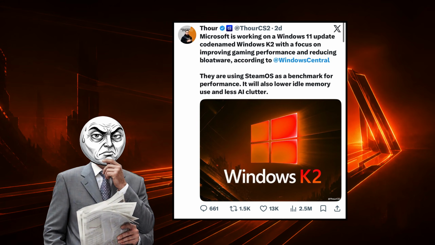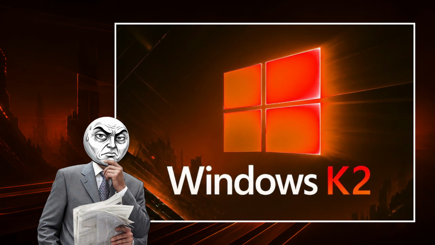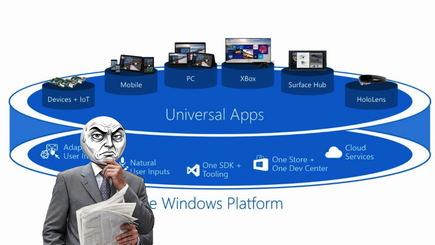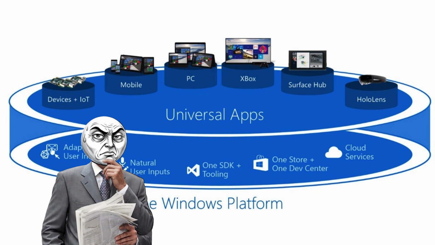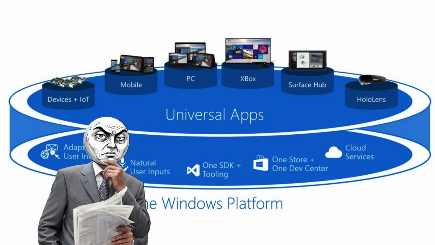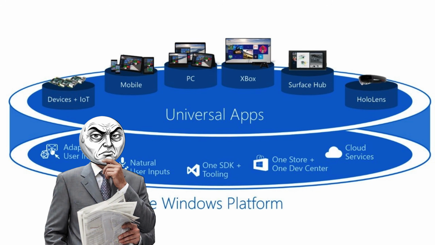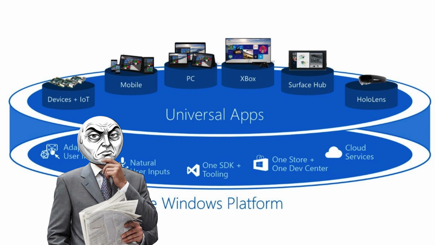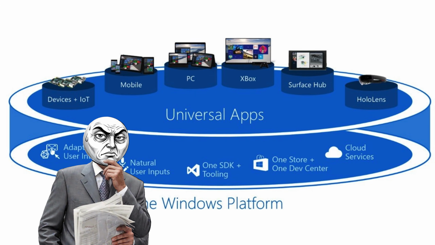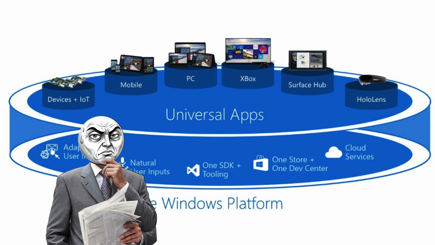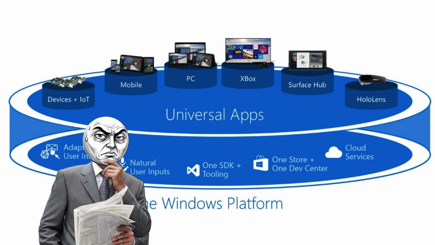Microsoft is currently building a new modular version of Windows under the codename K2 that aims to separate the core operating system from the apps and features you actually use. This isn't just a small update, it is a total rewrite of how Windows functions. The goal is to make the system lighter and faster, but it comes at a heavy cost. By pulling the system apart into different layers, Microsoft is creating a future where the basic tools you rely on might not even be part of the actual Windows you install.